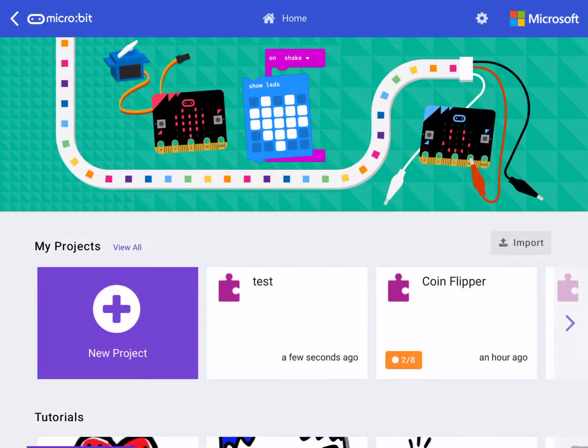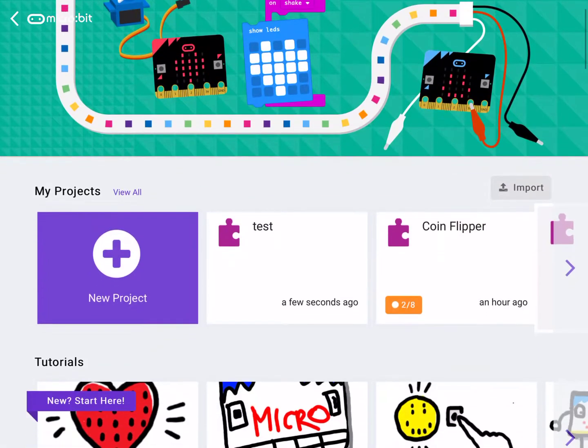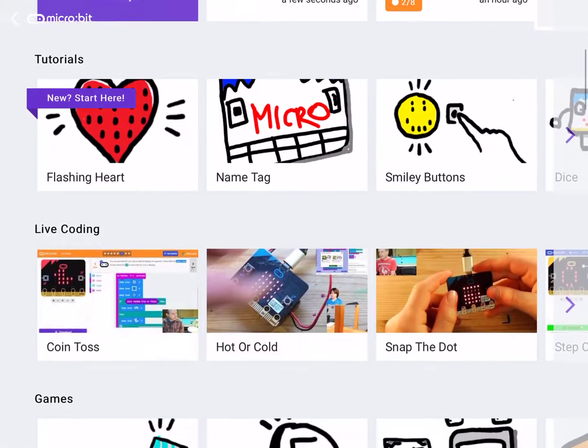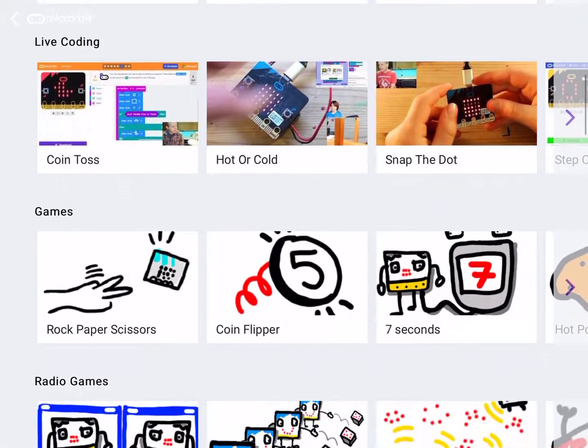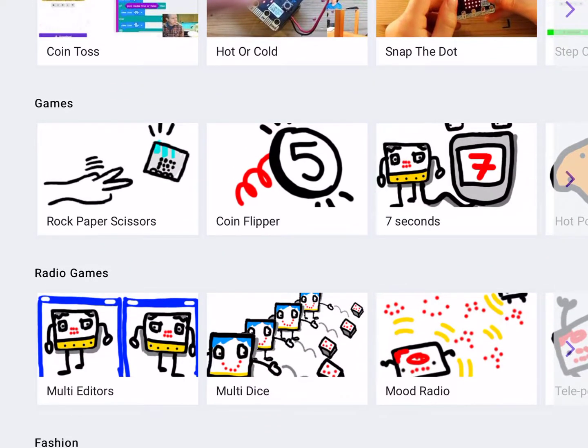Hi all, the next tutorial we're going to do is actually one of the online ones, and if you go here and scroll down along here you have loads of tutorials, and one of the ones there is a game. It's called a coin flipper, and you can actually do this online, so you're not making a new program. So just click on coin flipper,